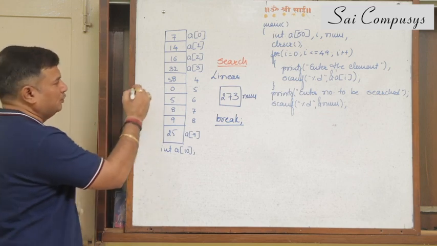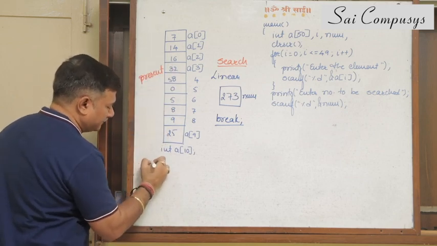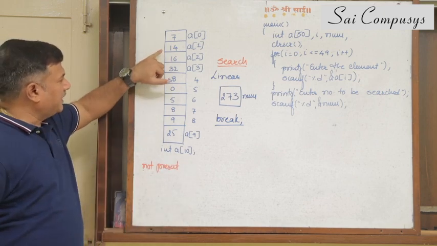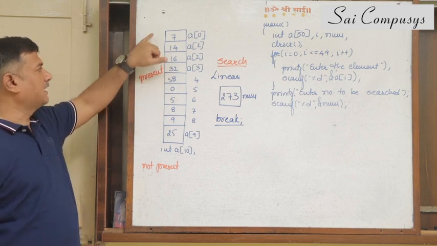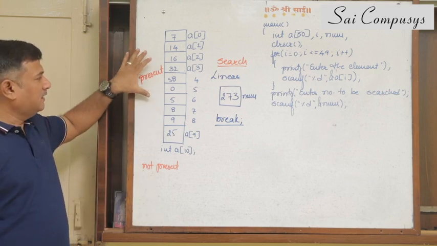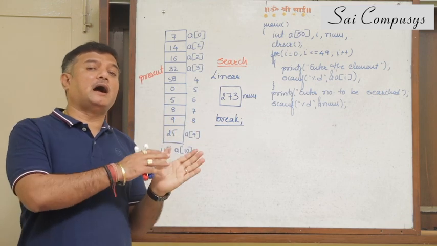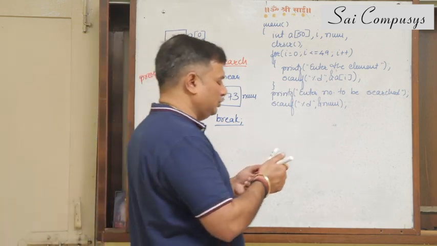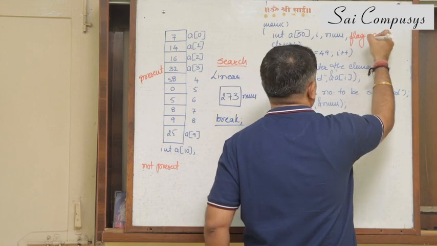So here I write down a few things for you. Keep this in mind. While comparing the elements, what you can conclude is that the number is present. Not present can be concluded only after verification of the complete array. So one output is inside the loop, and the second output, that is not present, will be outside the loop, that is at the completion of the loop. In such situations, you must be using this status variable called flag.